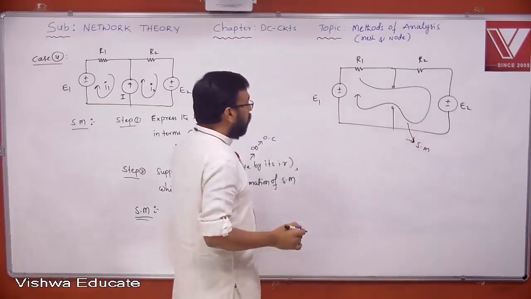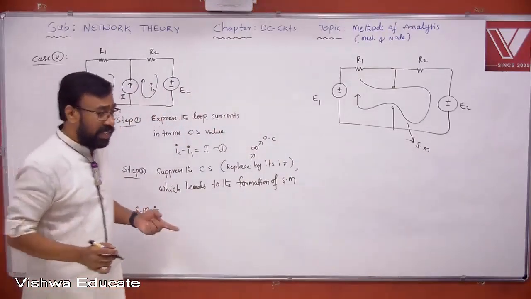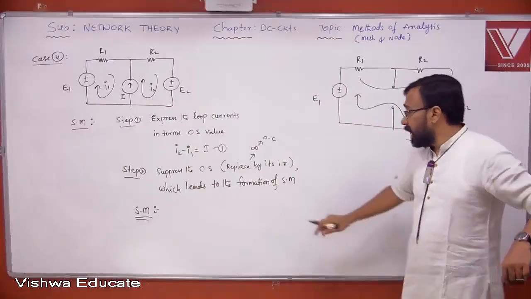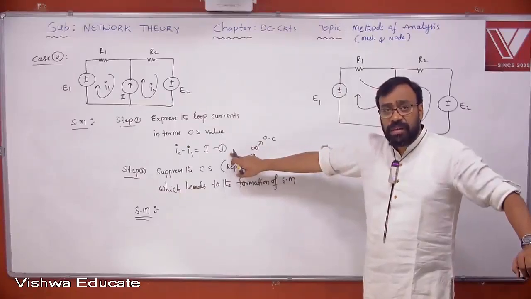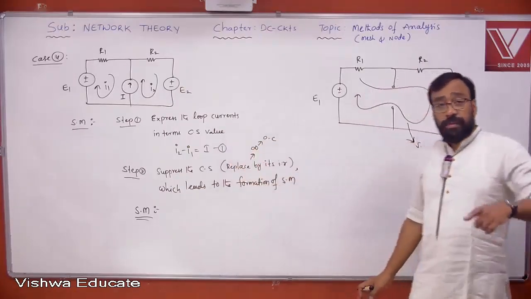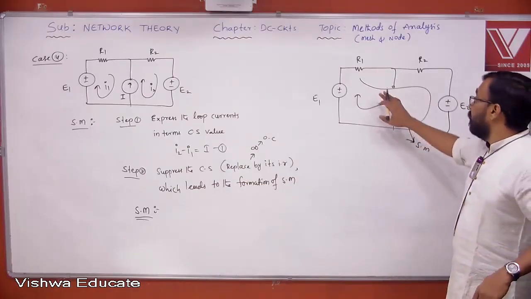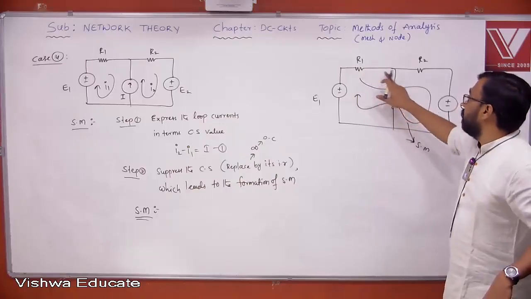Okay. Now to get that equation, we apply KVL in the super mesh. We want, actually, a second equation. There is one equation available here. We obtain this by expressing the loop currents in terms of the current source value. But we need another equation. That other equation is obtained by applying KVL in the super mesh. But when you apply KVL in the super mesh, we must maintain the previous branch